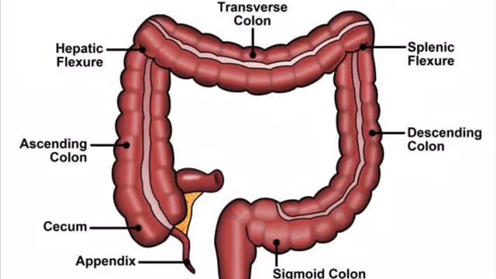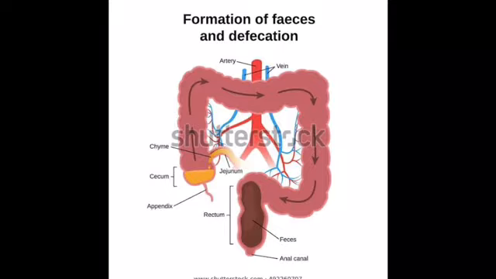Other name colon. The large intestine walls absorb the water. A little bit of water is absorbed by the stomach walls also, but the entire water is absorbed by the villi which are present in the large intestine inner wall and get mixed with the blood. What is left over now in the large intestine? The semi-solid undigested food, that is the roughage, almost in the solid form we can say. This is known as feces. That is the stool. Now this has to be thrown out.